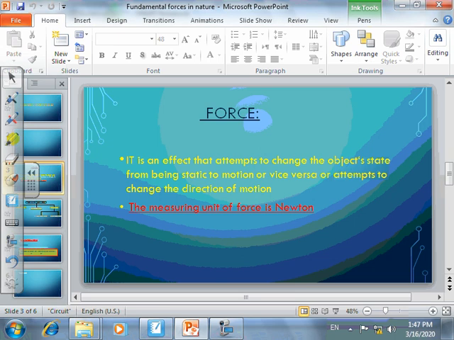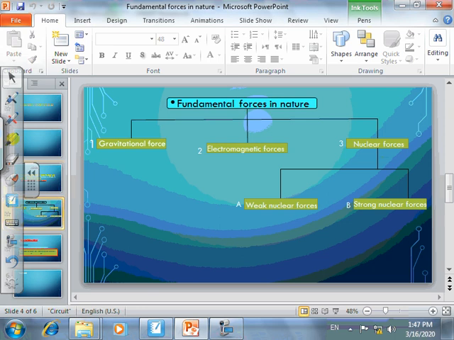But in this lesson, we are going to study 3 fundamental forces in nature, briefly and in full detail. Number 1, gravitational force, which is known as weight, and we have taken it briefly previously in the 6th grade. Number 2, electromagnetic forces, which come from the magnet, and we will discuss it later, inshallah. Number 3, nuclear forces, which come from the nucleus.